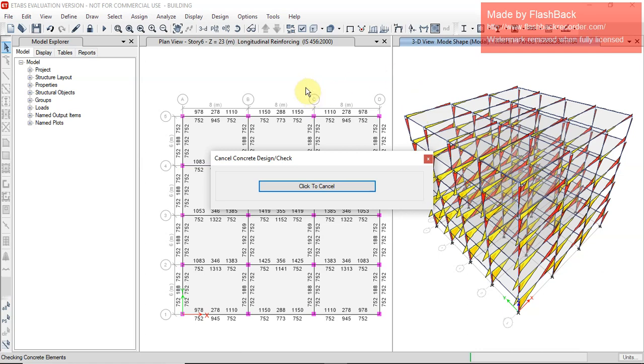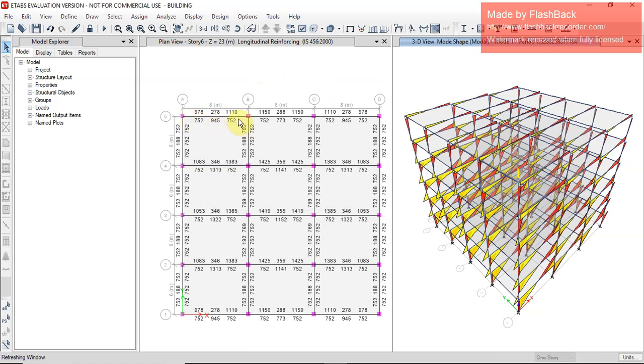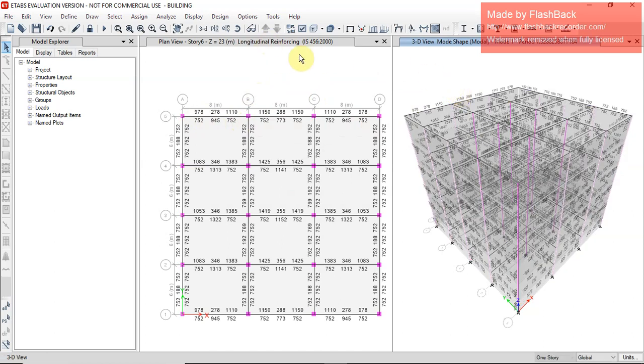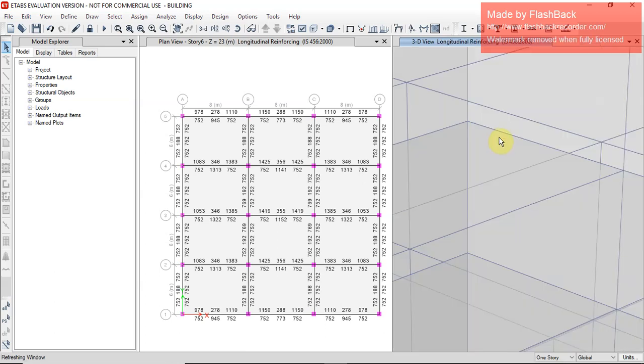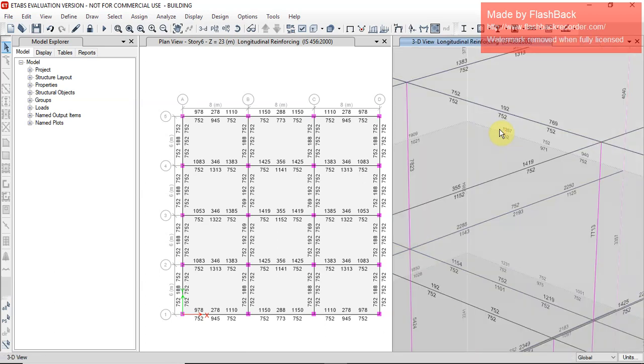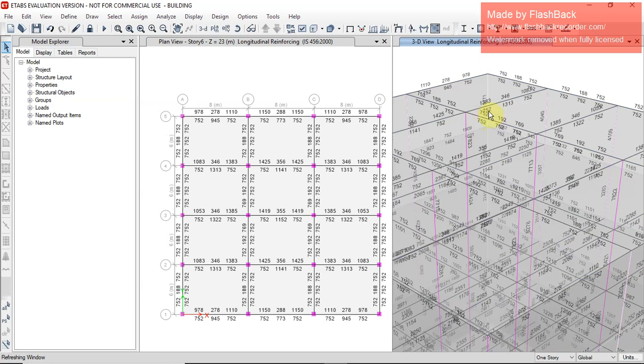This is the reinforcement details in a beam and column. Here you can see all the detailing for a beam, for a column, for a slab. All the things you want are the reinforcement details.